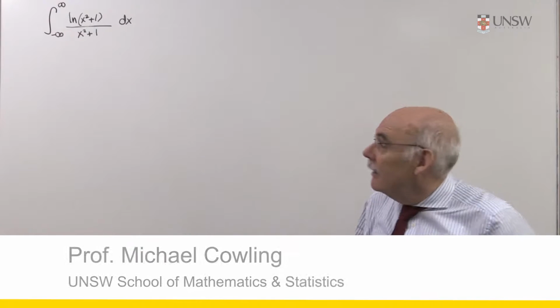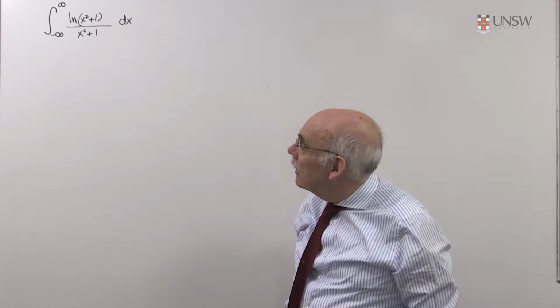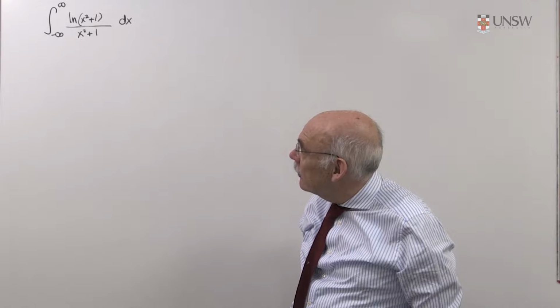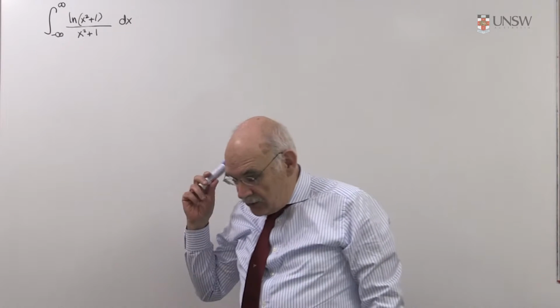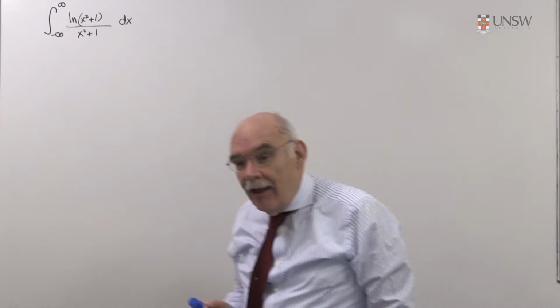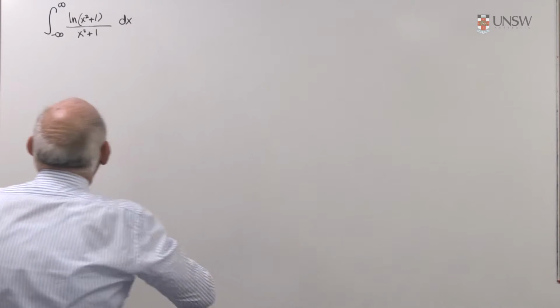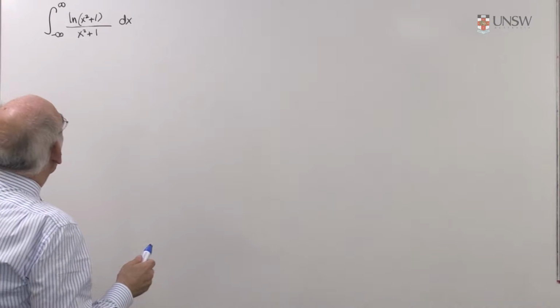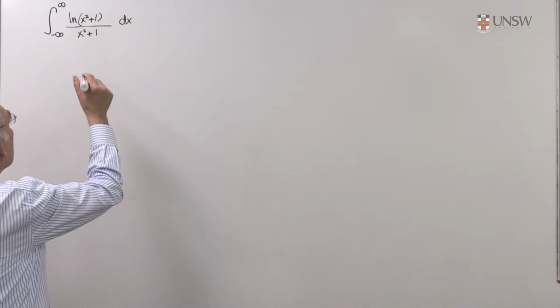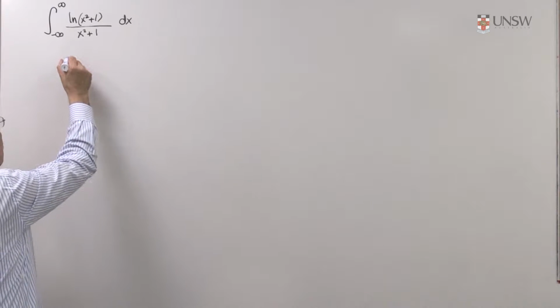So, we have an integral to do. Integral from minus infinity to infinity, log of x squared plus 1 all over x squared plus 1 dx, which cannot be done by the usual methods of high school integration. So, what is the clue to this one? Well, let me observe that if x is real,